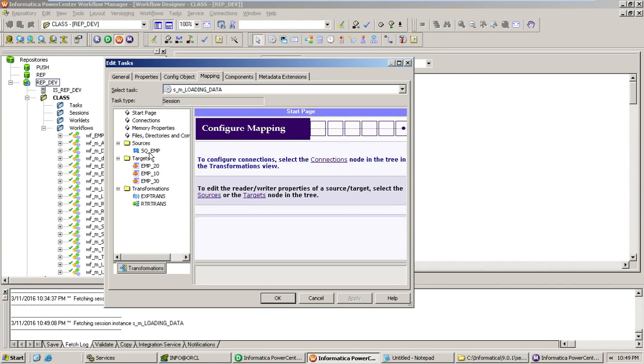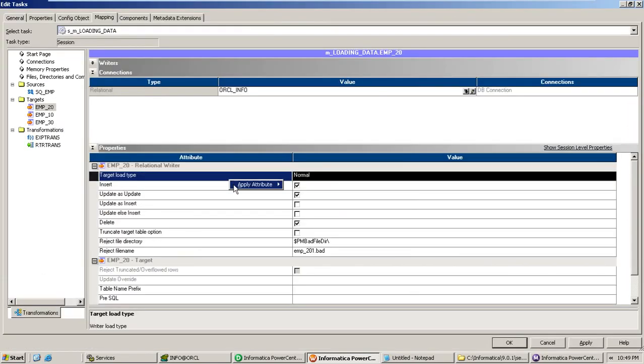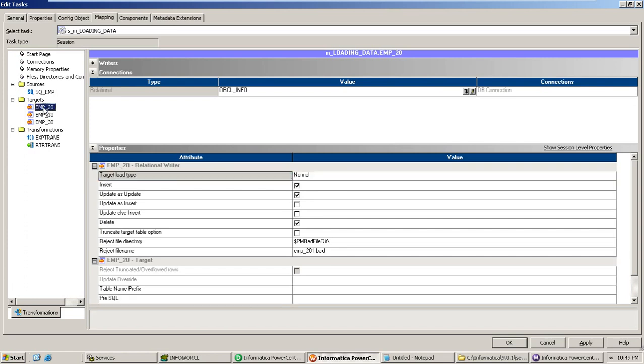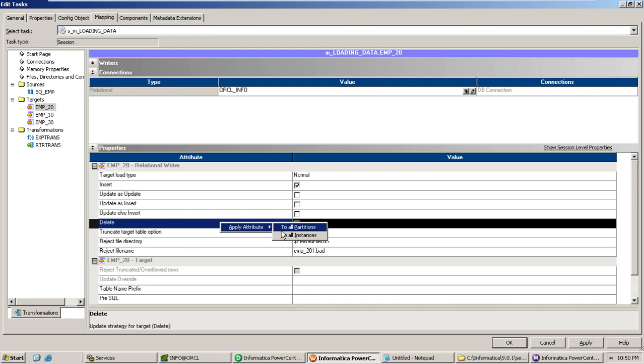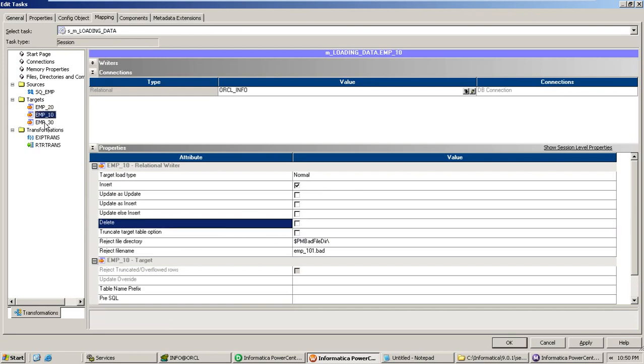I'm not sure whether indexes are defined or not, so if the indexes are defined, in bulk mode I'm not supposed to use it, right? So just normal also works fine, not a problem. And then in the department targets, remove these options. Okay, remove these options, and the same thing if you want to implement in every place. See, one more option, you can learn it from here, and then here also, so that each and every target will reflect it in the same way.